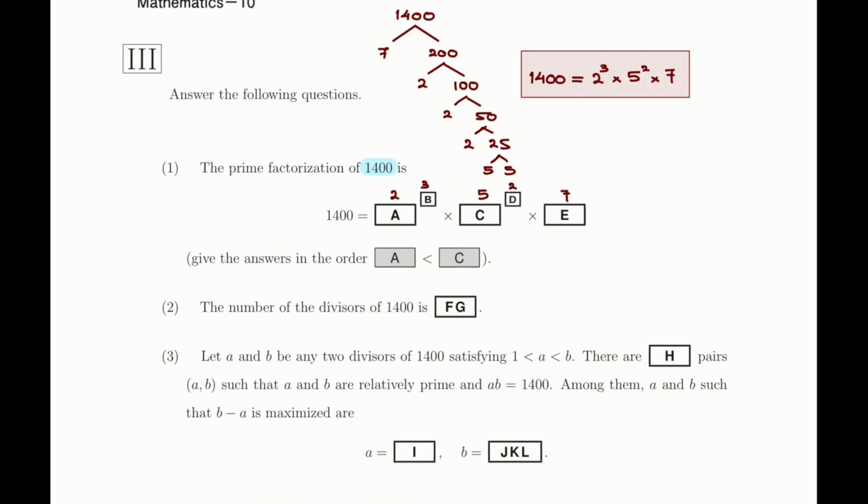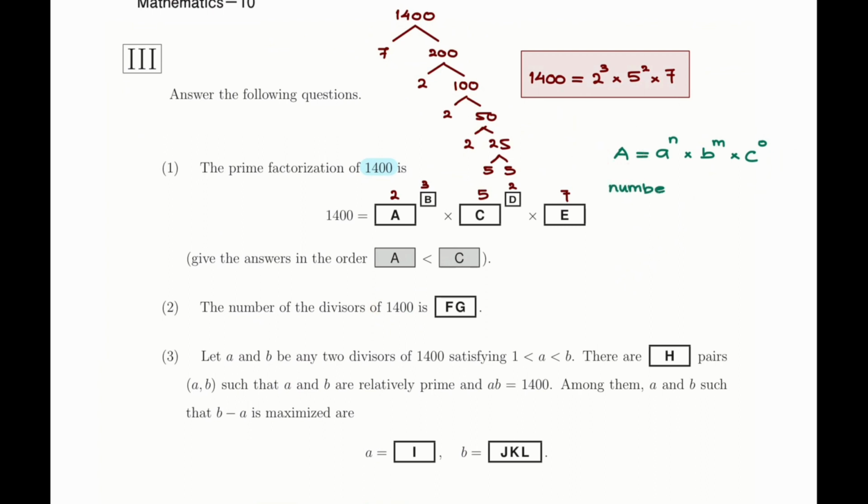So, if you have a prime factorization of a number, let's say a to the power of n times b to the power of m times c to the power of O, and let's say this is the prime factorization of A,